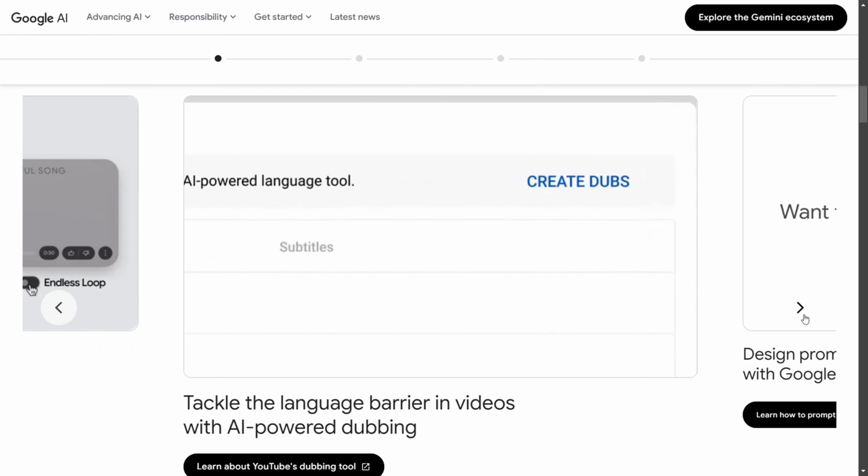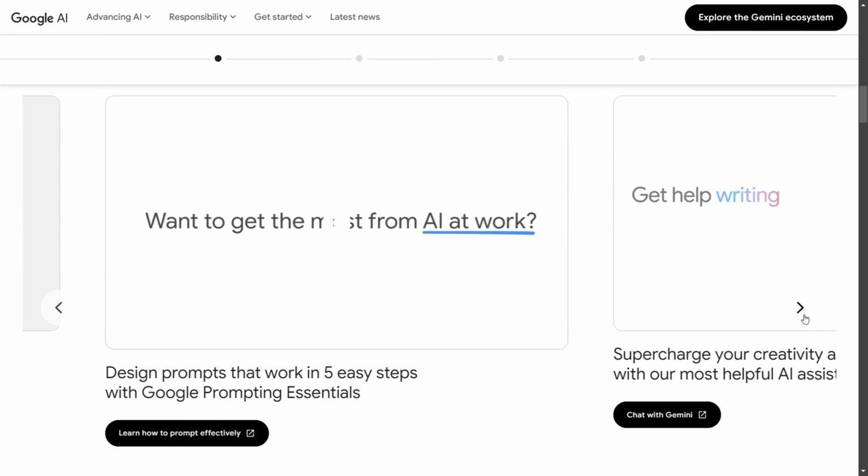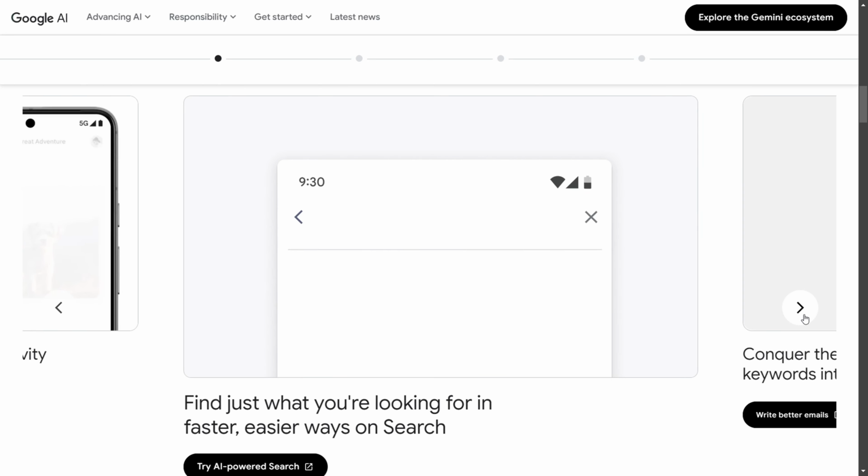Gemini AI is a pretty powerful chatbot at this time. If you want to use it for YouTube, this is one of the best things you can do, and I'll